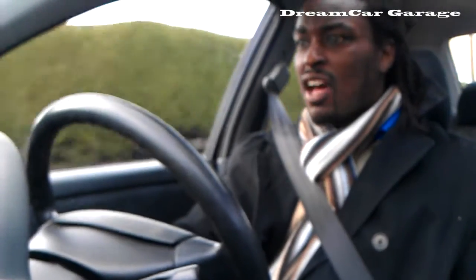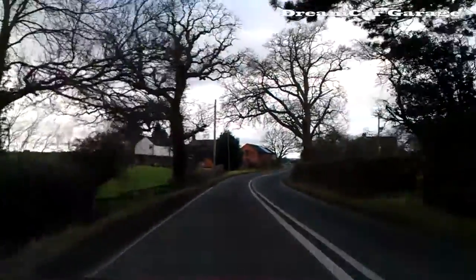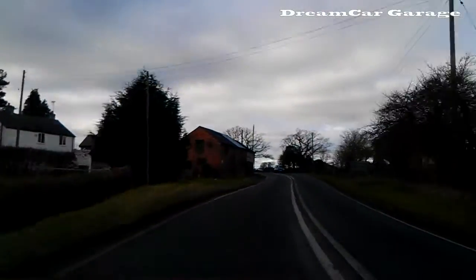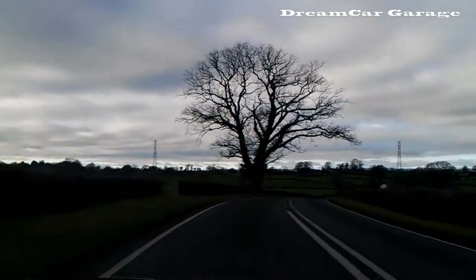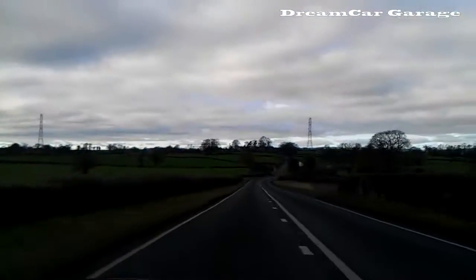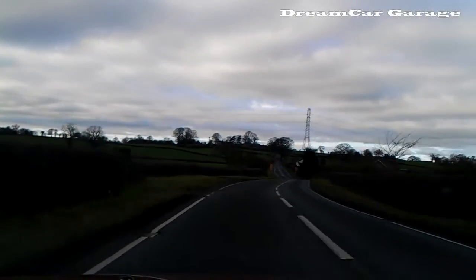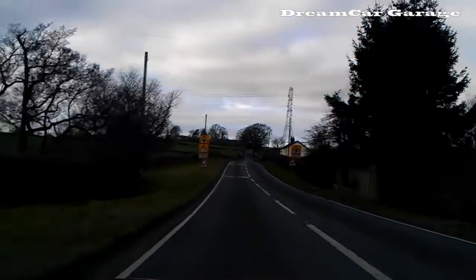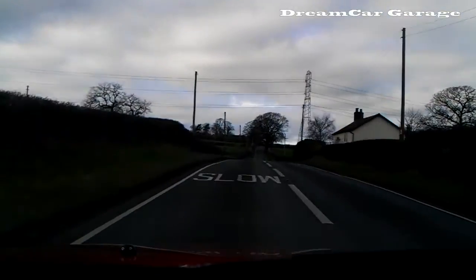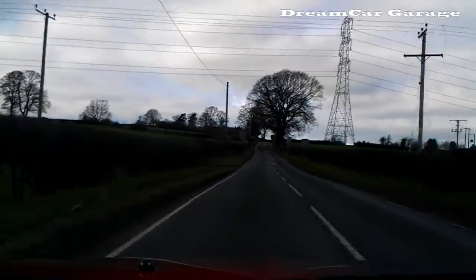This is a very pleasant car to drive. This is a fantastic handling car. I mean, we shouldn't really be surprised because it's the same make, Mazda, that also gave us the MX-5, which is the best-selling convertible car in the world ever. So the fact that it's managing to deliver some decent performance down these roads shouldn't really surprise us, but